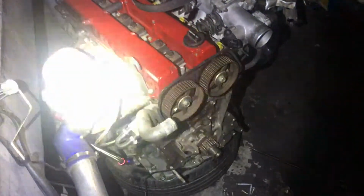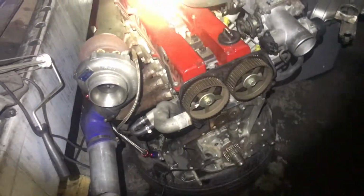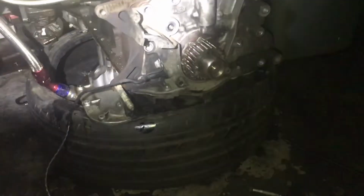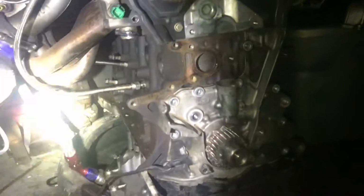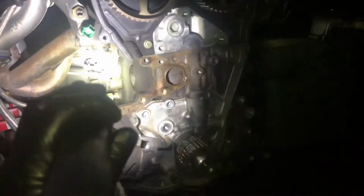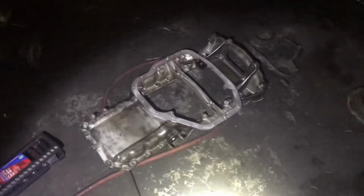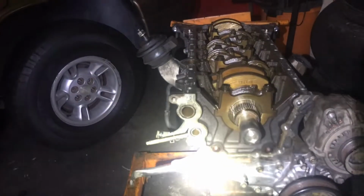So I have all these fucking tools sitting around. Let me use an actual flashlight, Ariel's flashlight to be exact. So now what I have to do is get the engine hoist, put this back in the air, take the sump off, so then I could take this front oil sending unit off. I don't know if I'm gonna do it today, probably not today, maybe tomorrow, but I have to take that off and clean it all off, all the gasket on this side, on the oil pan, on both sides, and I'll be able to slap everything back on, and then I'll just be waiting on my conversion parts. But otherwise...